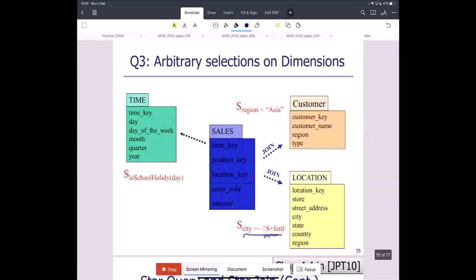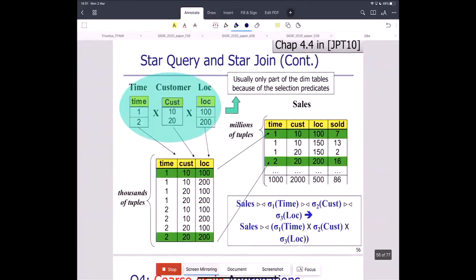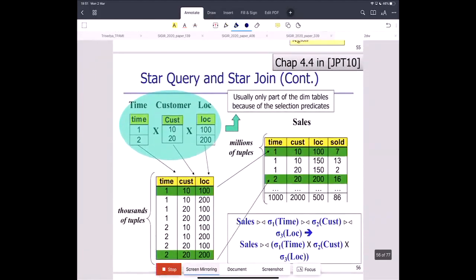So we have to do the selection and do the join. And it turns out that in a data warehouse, because this table is so heavy, meaning the majority of the data is here, we actually need to do a join in a special way. This is called a star join. So in star join, what you do is that,